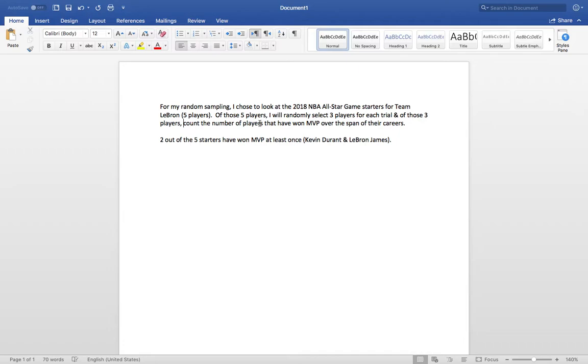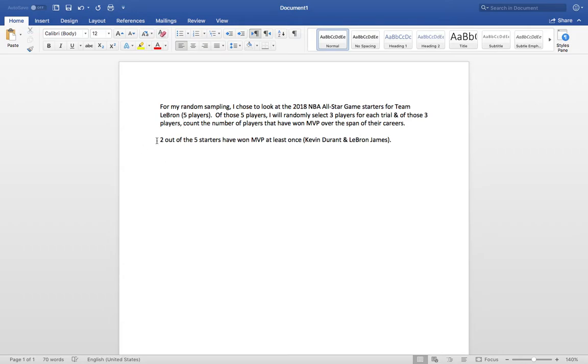For my random sampling, I chose to look at the 2018 NBA All-Star Game starters for Team LeBron. This is of course only 5 players. Of those 5 players, I will randomly select 3 players for each trial. And of those 3, I will count the number of players that have won MVP over the span of their careers. So just for a reference on my data,